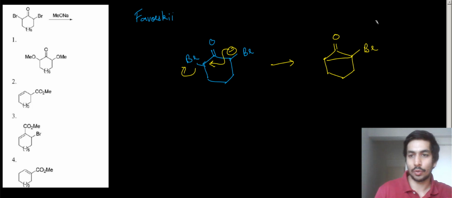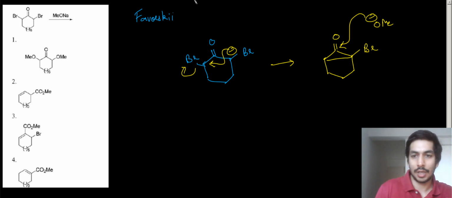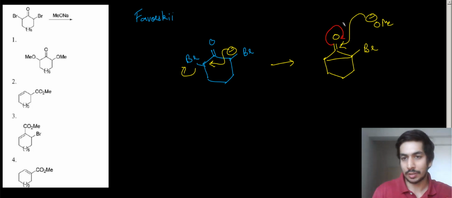And now what happens, this OMe minus, that is the base over here, now acts as a nucleophile and attacks the carbonyl carbon, okay. Once the attack takes place, it will form O minus and this O minus will migrate back. Now once it forms O minus and migrates back, two things can happen, right? Either this bond can break over here or this bond can break, okay, any of the two bonds can break. Now see, if I break this bond over here, then basically a carbanion is going to be generated over here, right?